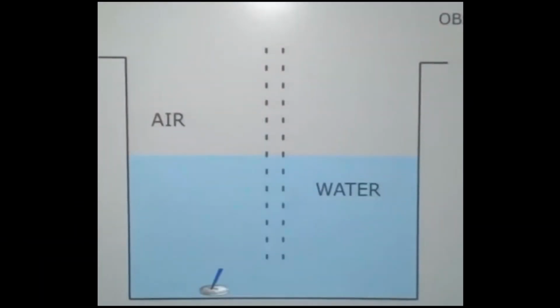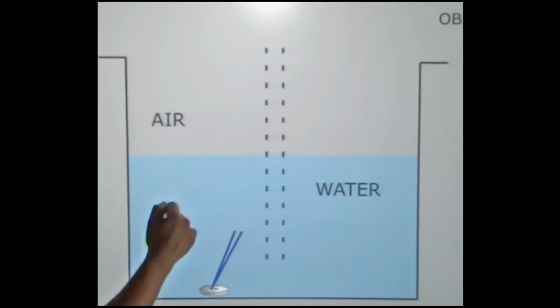Now before we answer the question, we need to revise some concepts we have studied. That is, light travels from water to air. We know very well the speed of light is increased. That means when light travels from a denser medium to a lighter medium, the speed of light is increased. And next one, light bends away from the normal at the point of incidence. In this case, the surface of water, so it bends away from the normal. Please observe the picture.